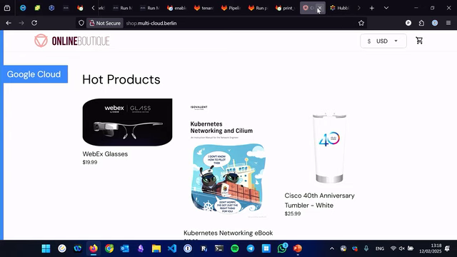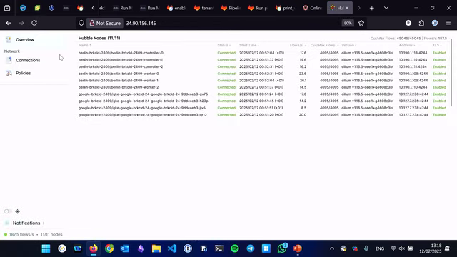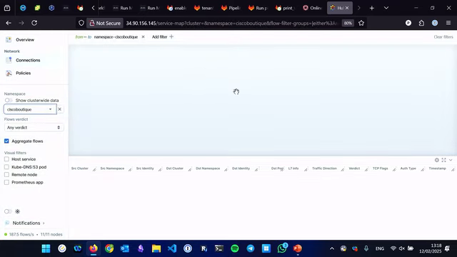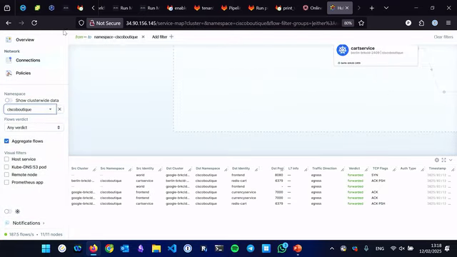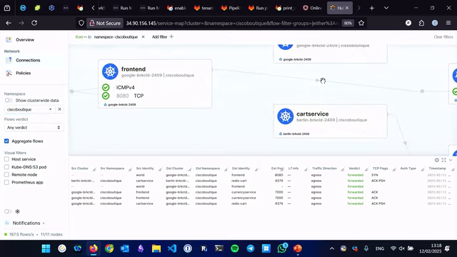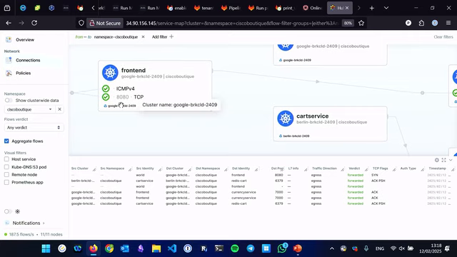We've also got here our shop. We can go in and refresh that, and there we see it's going between Google Cloud and on-premises. And the really nice thing about Hubble is we can basically see this traffic flow here. So we can choose our namespace, we choose the Cisco boutique, we zoom right in, and then we can see, for example, we have this application, and we have some of the traffic here going to our Google front end, and this is all, because it's connected with Berlin, we also have traffic flows in Berlin.